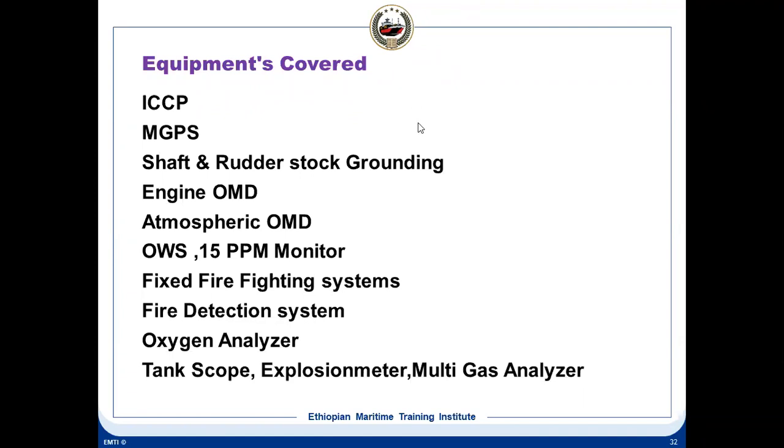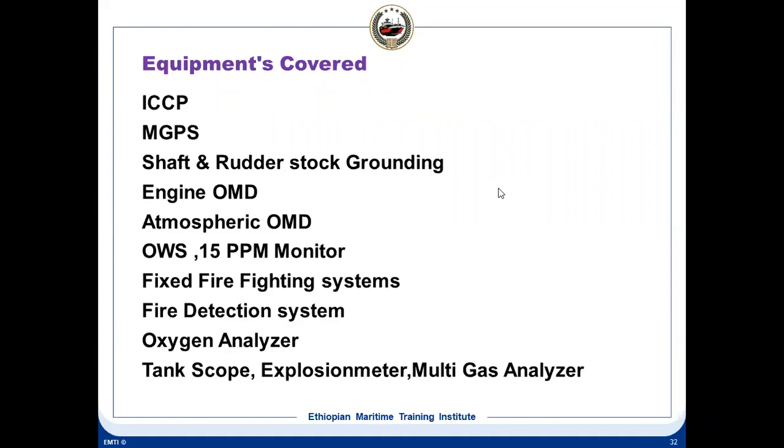MGPS log, very important. How do you set the current? If you set the current too high, what will happen? If the current reading is showing too less, then what is the cause? These things are very important to see. Whenever you take the morning readings, you must see that at normal sea conditions, if it is an MG anode, it should be 5.5 amps. If it is TC, then it should be 5.7 amps.